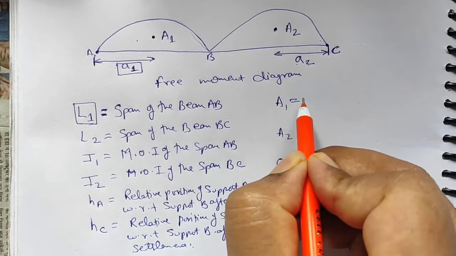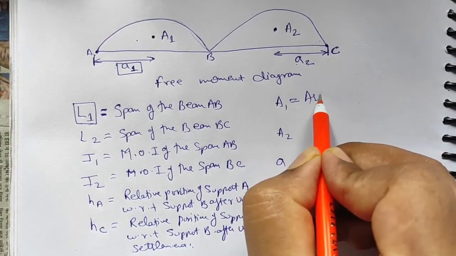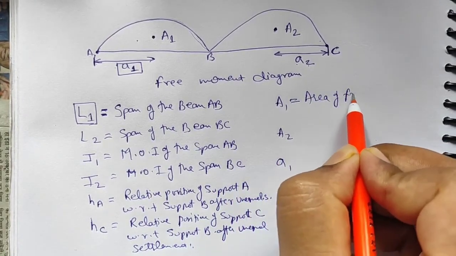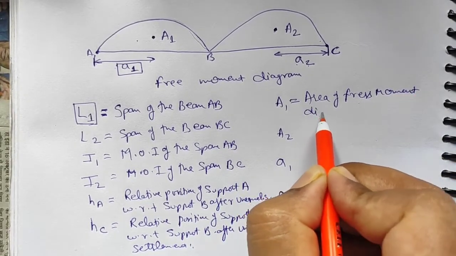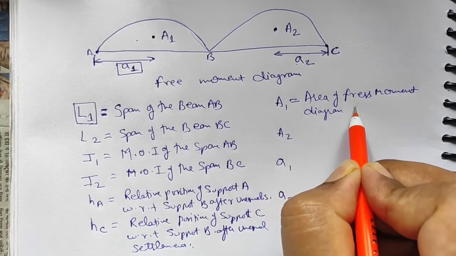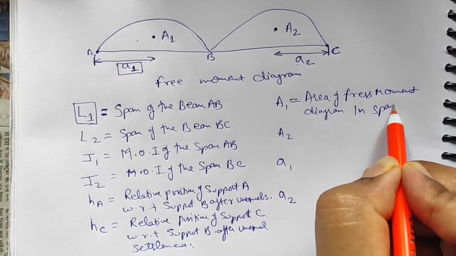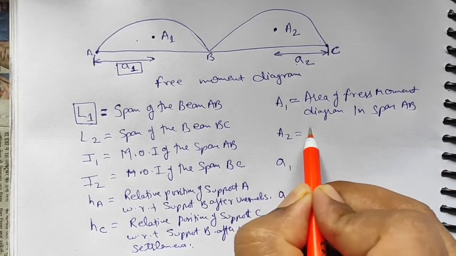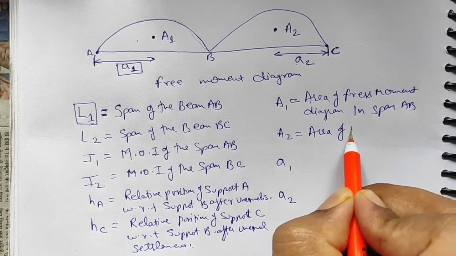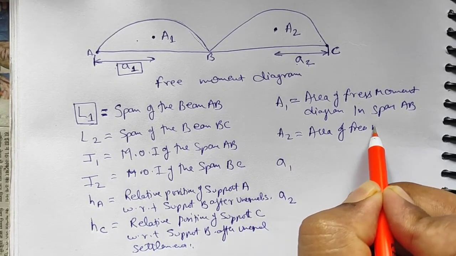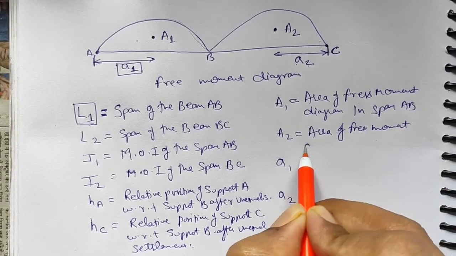Again, let A1 be the area of free moment diagram in span AB and area A2 be the area of free moment diagram